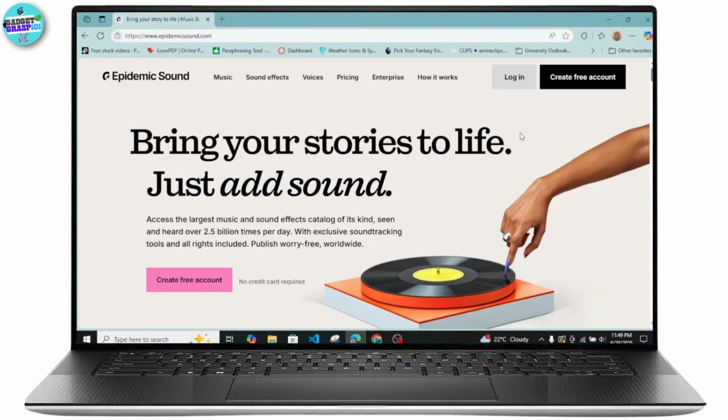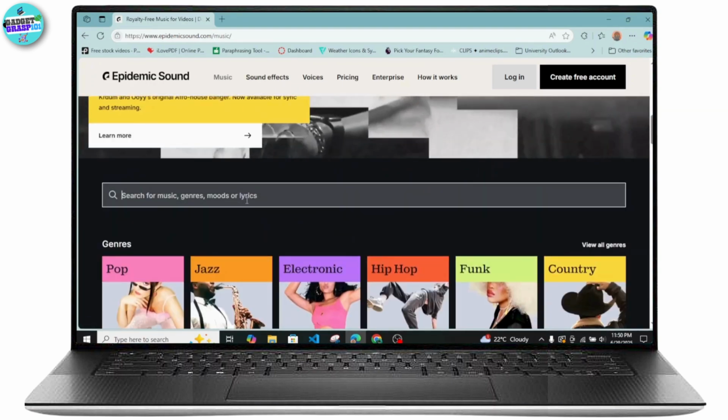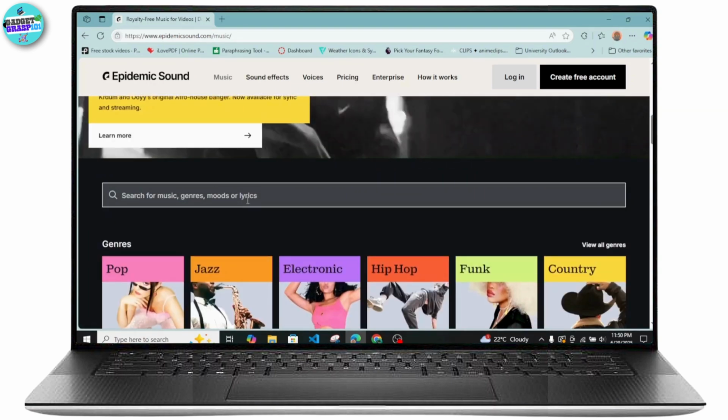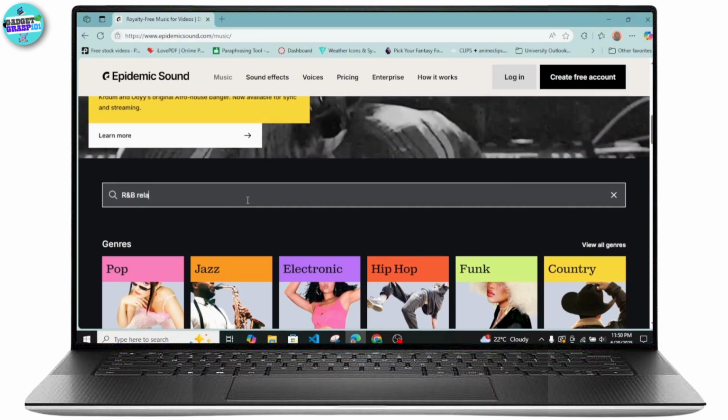So you need to create an account over here and you can just search for the music just like this. They have hundreds of thousands of music tracks in different genres. So you can just search for your genre. So if your genre is R&B type, relaxing or soothing,